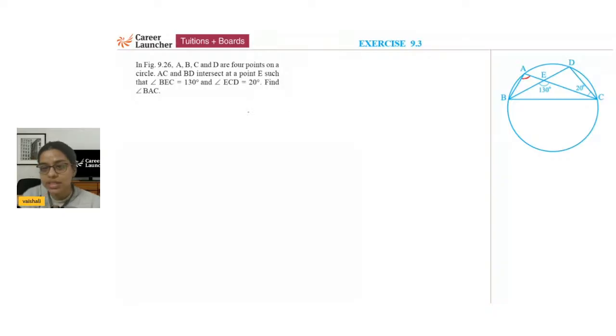Now just understand that BED is a straight line, so my angle BEC and CED, can I say they are forming a linear pair? So can I calculate the value of alpha here, such that alpha is equal to 180 minus 130,